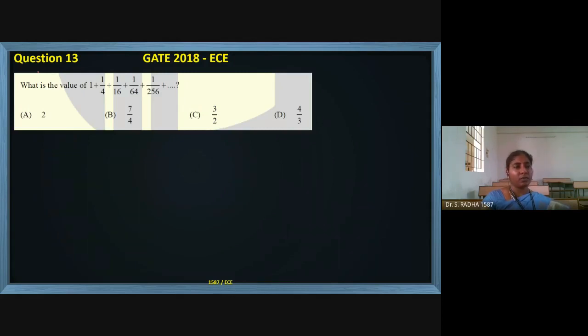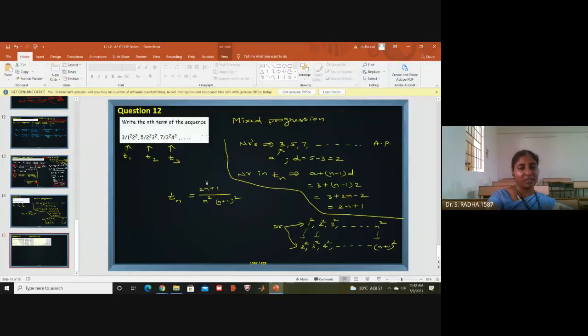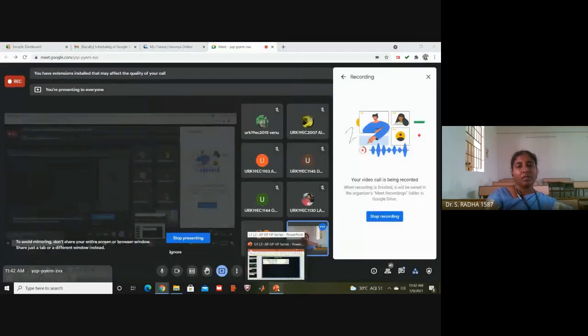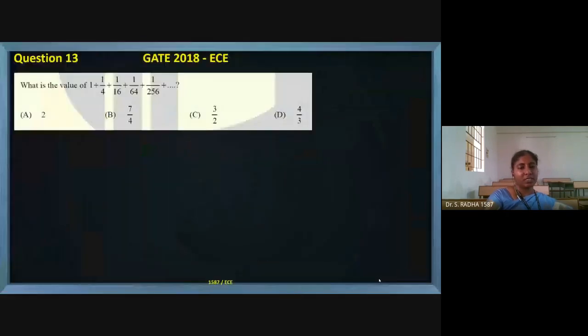First of all, I would like to hear from you which answer. Let us come to the answer. Which progression is this? First of all, have you identified the type of progression in this? No answer? Any answer? Any common addition going on or common multiplication going on or denominators are in AP model?